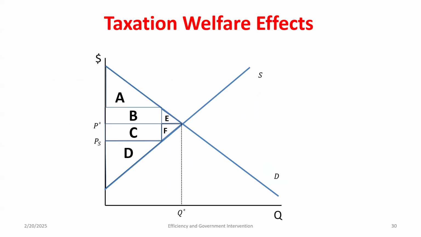So before I have a tax, consumer surplus on top is A, B, and E, producer surplus on the bottom is C, D, and F. So I just really want to make the case here. When I have this tax and it pushes the price consumers pay higher and the price sellers keep lower, consumer surplus goes down. What did we lose out on? Areas B and E. So what does area E represent? That's going to be deadweight loss that came from consumers. Right? What does area B represent? That's going to be a loss of consumer surplus.